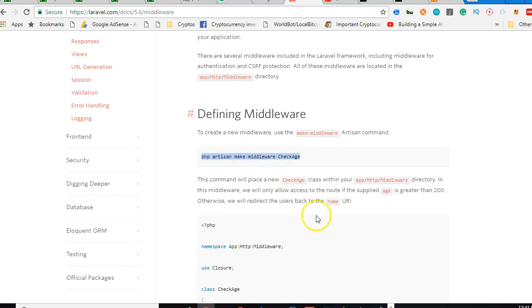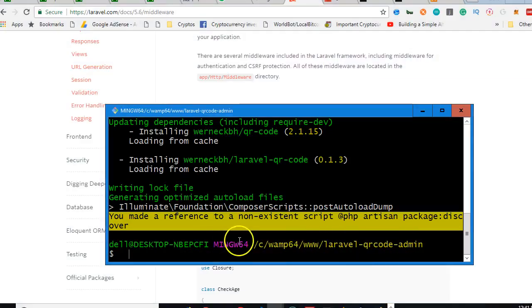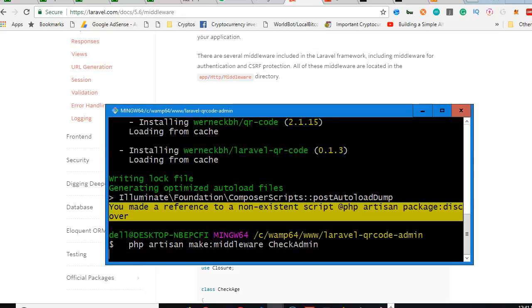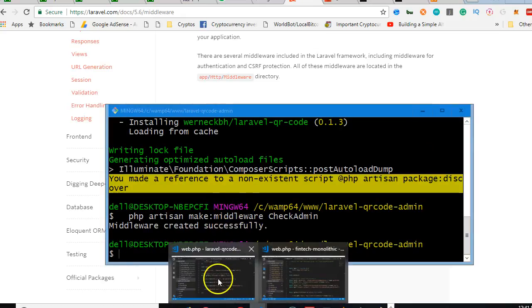We'll copy this. We need to create a command. We need to go to our command prompt, right click and paste. In this case, the one we want to create will be admin or check admin, no matter whatever you want to call it. I'm just calling it CheckAdmin so that the name will be descriptive. You click enter, then you wait. Within a few seconds, it will have created itself. You see, created successfully. Now if we go back to our code